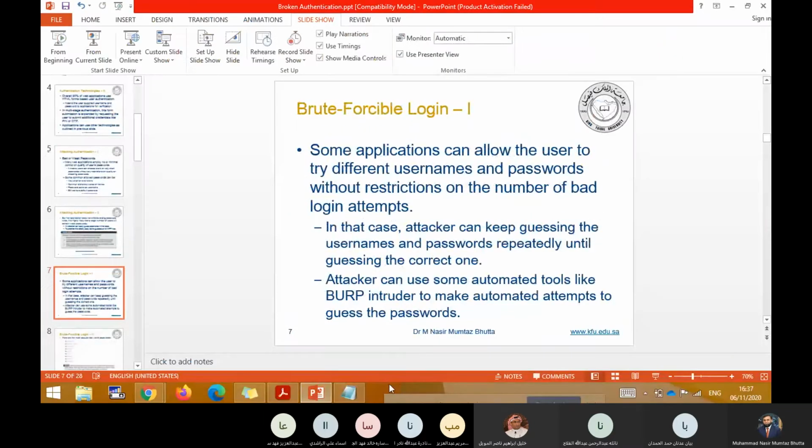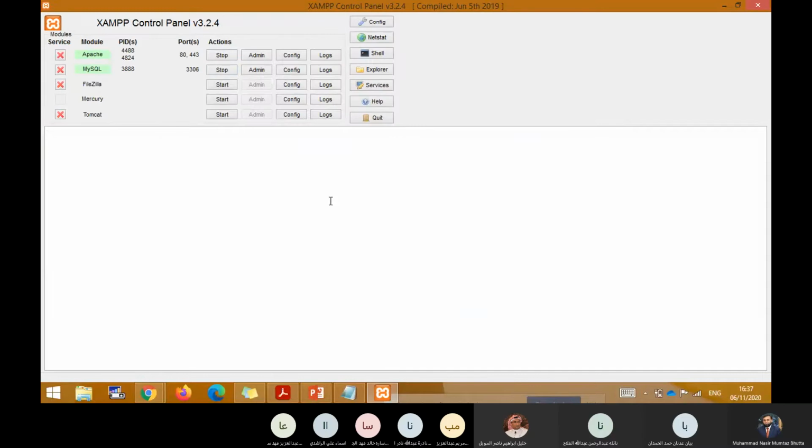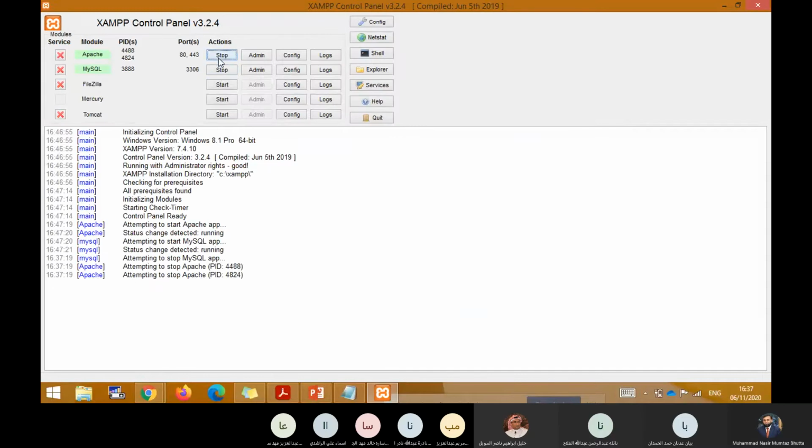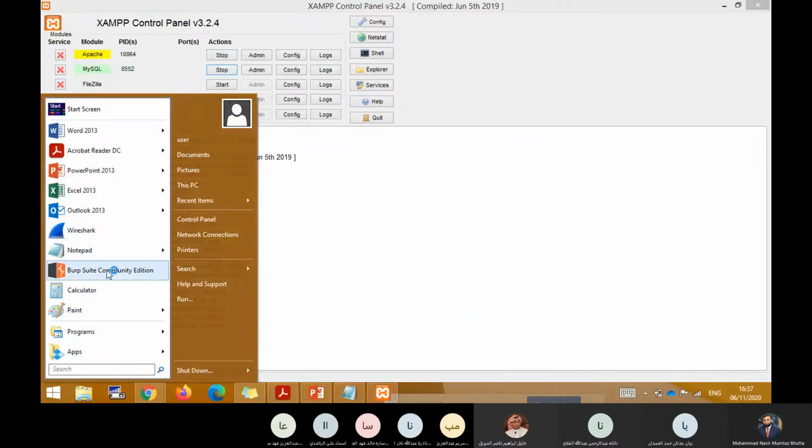Let's do it. So please start all your tools. Start XAMPP, start Apache and MySQL in that so that they are running successfully. Also start the Burp Suite.